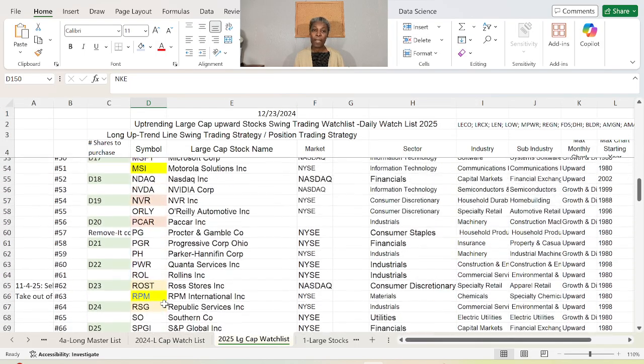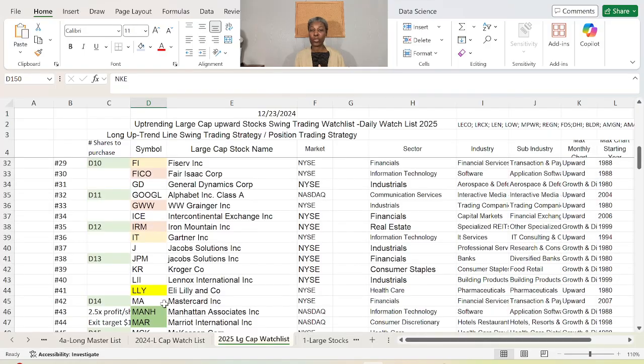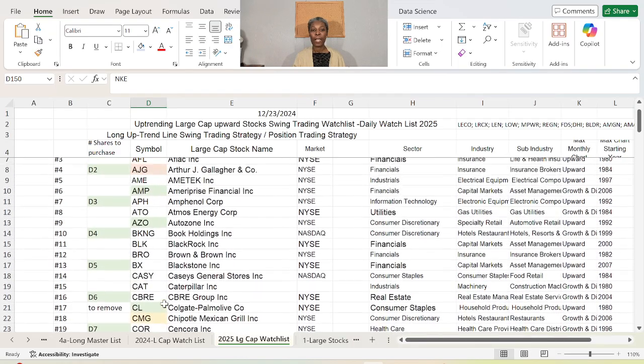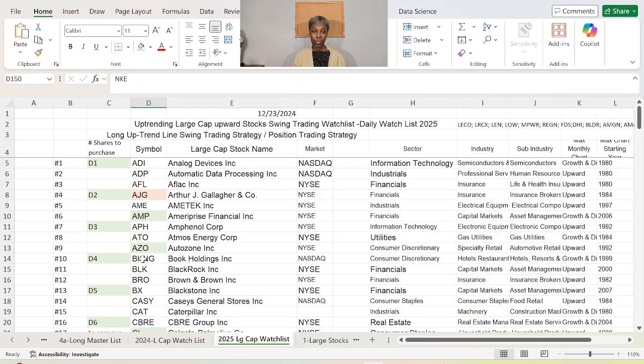But in 2025, as I was buying and holding on to those stocks for longer, buying low and selling high, the pool of available stocks became smaller because I have stocks that were still growing. Because when they reach all-time highs, they take time to come back down. Some take about a year to come back down to where I will buy them. So I found that with the long option swing trading strategy that I used in 2025, contrary to the short uptrend swing trading strategy that I used in 2024, having a bigger pool of stocks might be the way